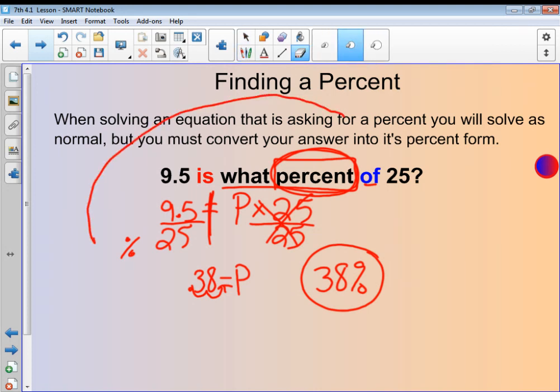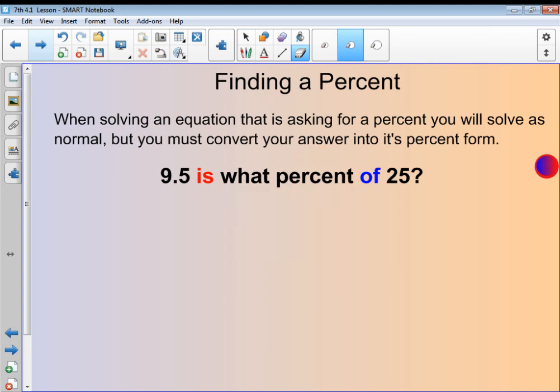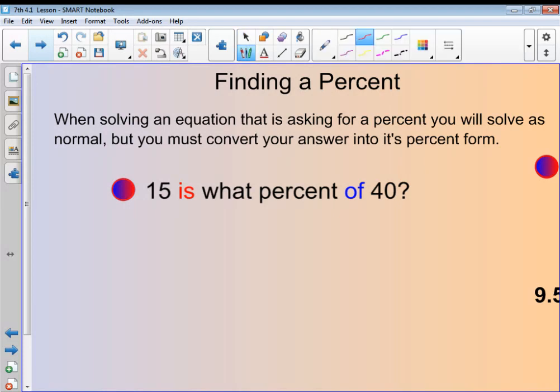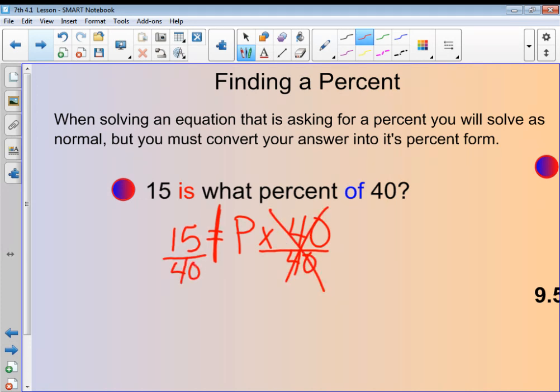Okay, so let's try another one of those. Okay, so 15 is what percent of 40? 15 is what percent, so I'm going to put the letter P, of times 40. Okay, so we've got the letter P times 40 on one side, so we want to divide by 40. Now we punch it on our calculator the way we see it, 15 divided by 40. And when we do that, this is what I get. P equals